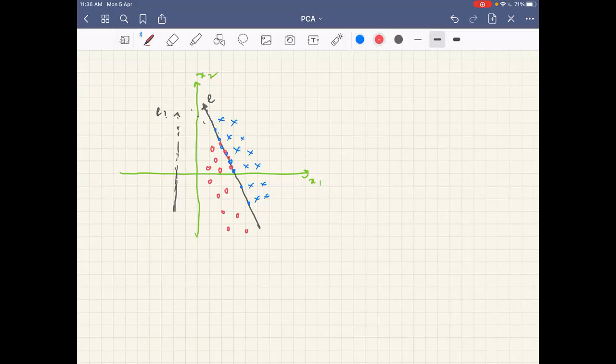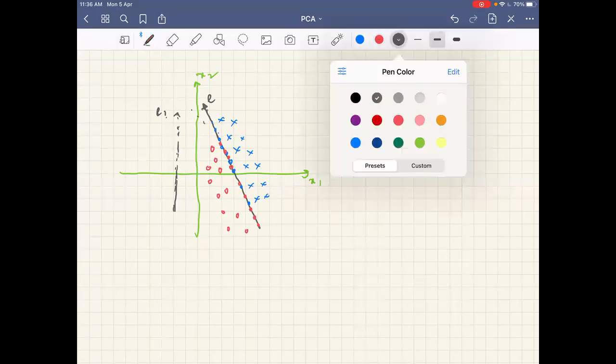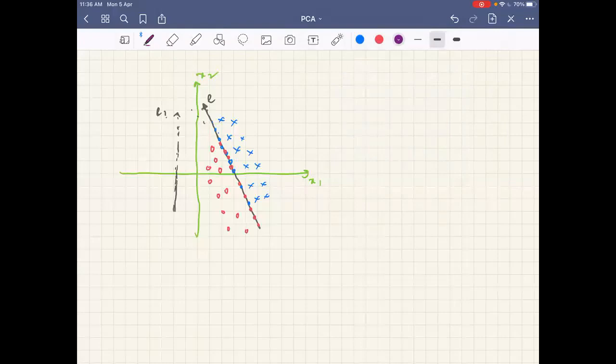It may be good in reasonably many scenarios, but it is not ideal for classification. Even if you want to project onto one dimension, there are better dimensions on which I can project and still separate the data. But PCA may not be able to suggest that direction. Do you suggest any other direction on which I can project and still separate the data? I don't want to be guided by PCA.